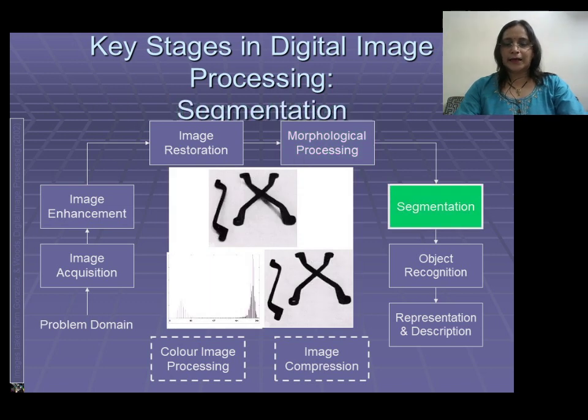Next comes segmentation. Segmentation is a process of partitioning the digital image into multiple segments. Now segments are nothing but parts of the image. In this segmentation technique, we are making the different parts of the image depending on certain objects. That is, it can be an image object, it can be a set of pixels. And how are we making the segmentation? There are different techniques. We are using features like color and texture to segment the image.